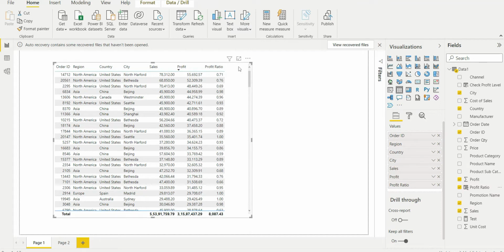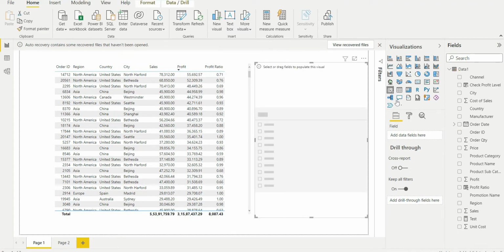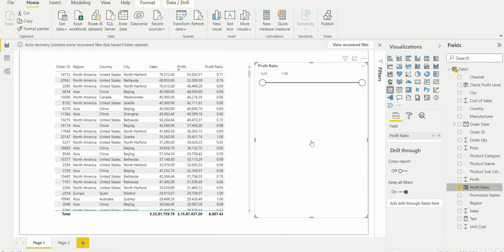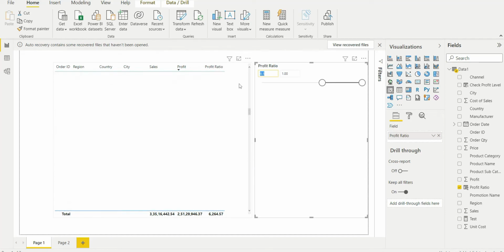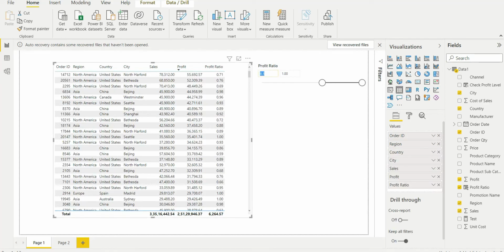Now I want to analyze only the profit ratios between 0.5 and 1. So I am free to bring that new calculated column to my slicer, and it is very convenient to give any range, in this case 0.5 to 1, and I can see all the order IDs ranging from 0.5 to 1 as far as profit ratio is concerned.